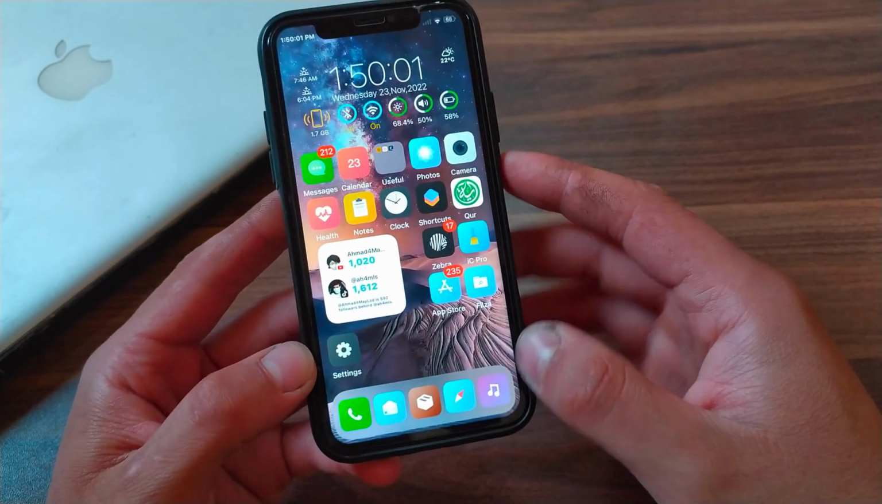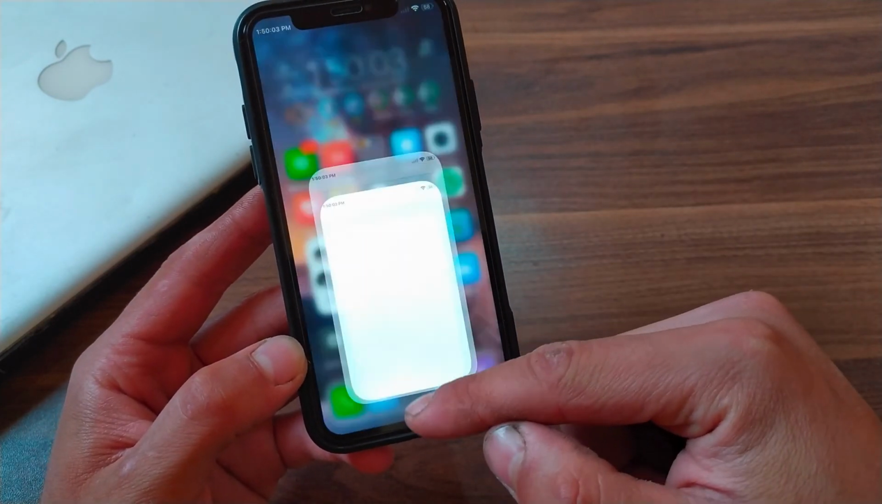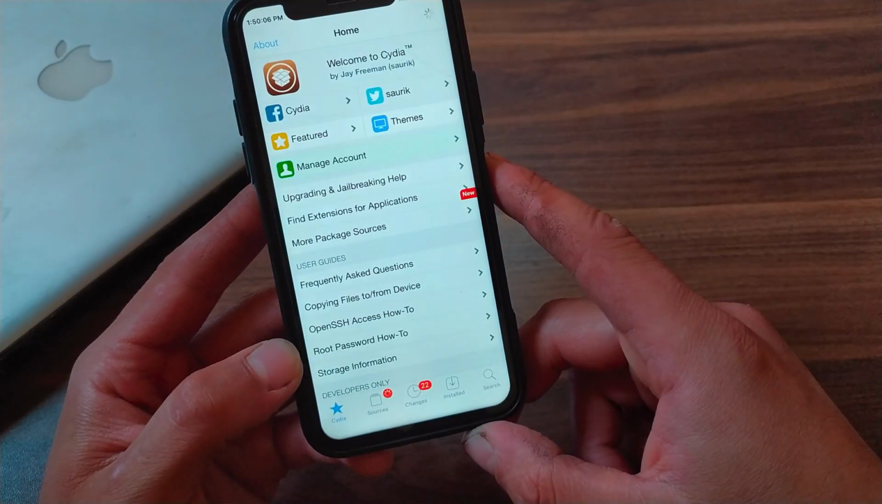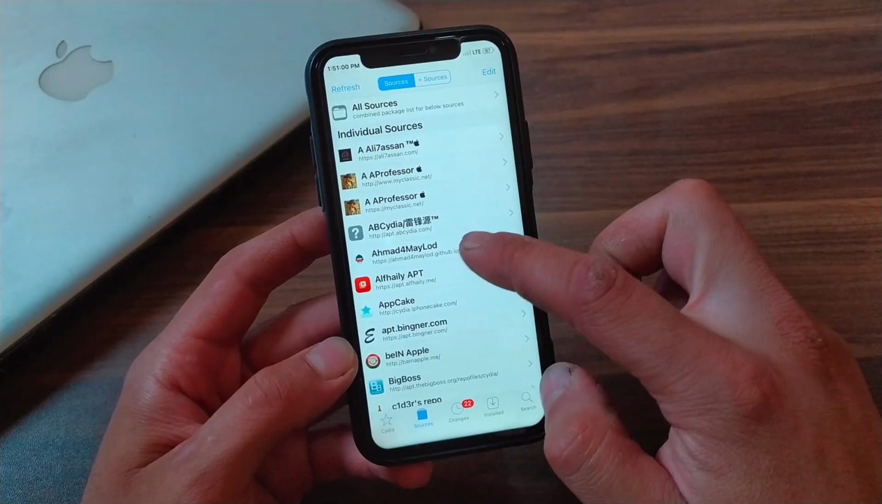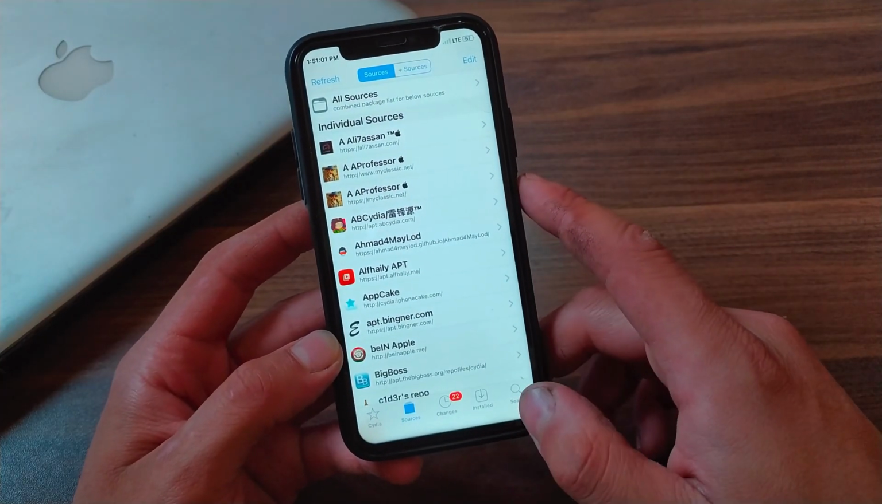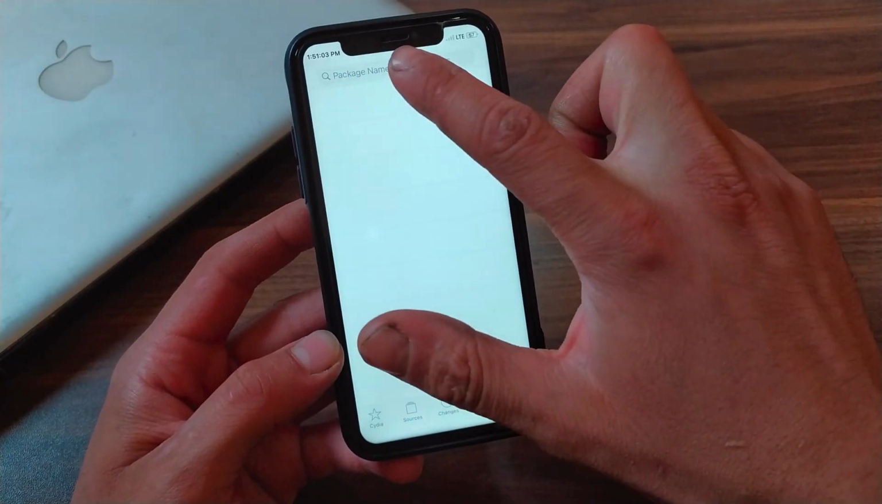Now I'm gonna show you how to download and install the tweak. First, go to Cydia. Go to the sources here and add my source. After adding my source, go to the search. Now here search for